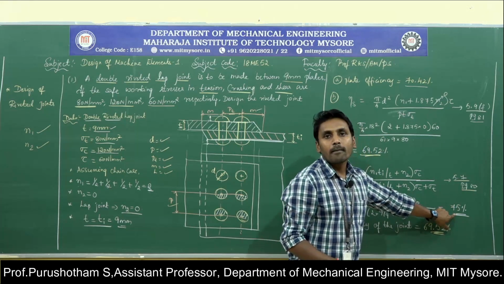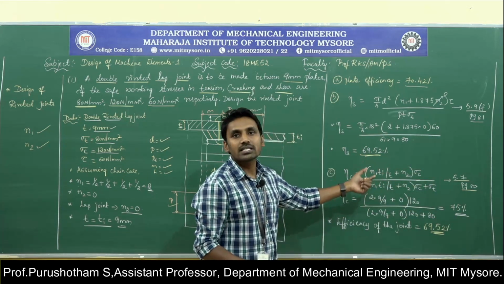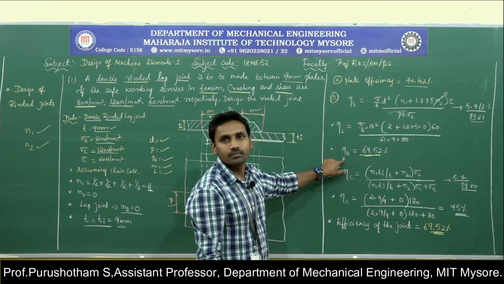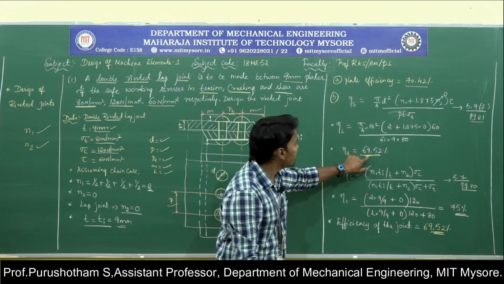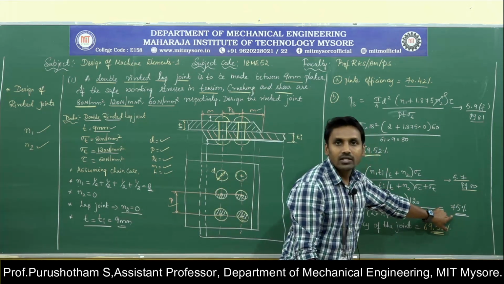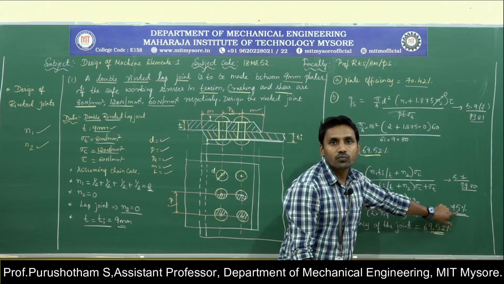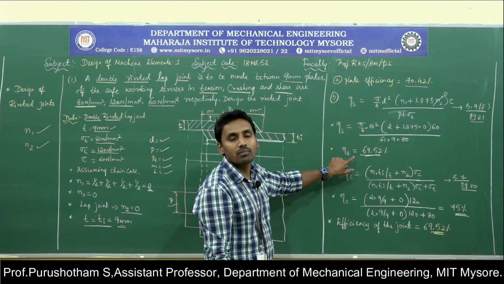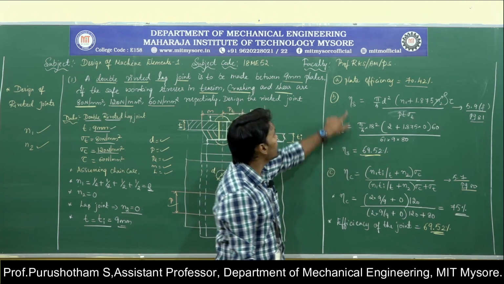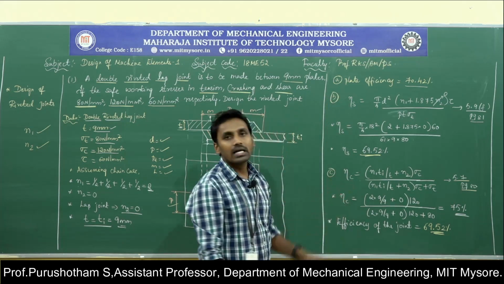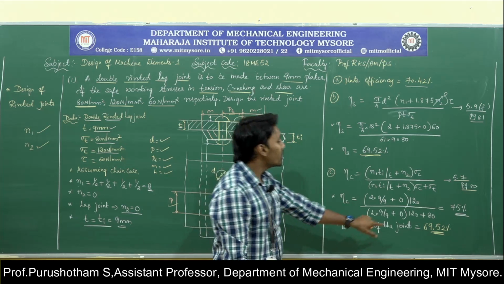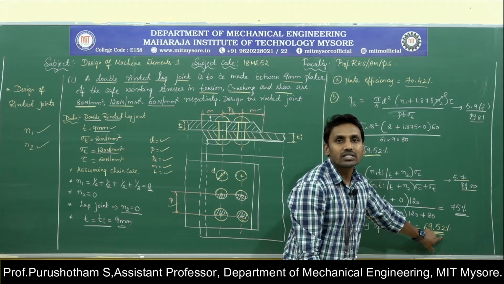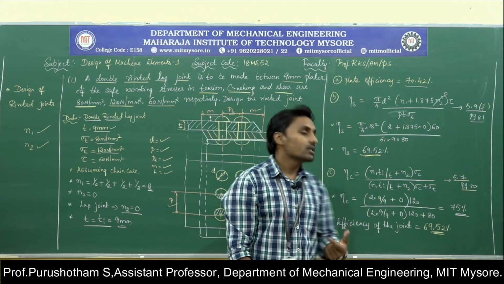For example, if you take the efficiency of the joint as 75%, the higher value, and design the riveted joint for it, the riveted joint will fail in shear, because the shearing efficiency is 69 but we designed for 75. The joint will not hold until 75; at 69 itself, due to shear, the joint will fail. For this reason, we need to choose the least value among these three efficiencies. Then we can check whether the efficiency of the joint is within the correct region or not.